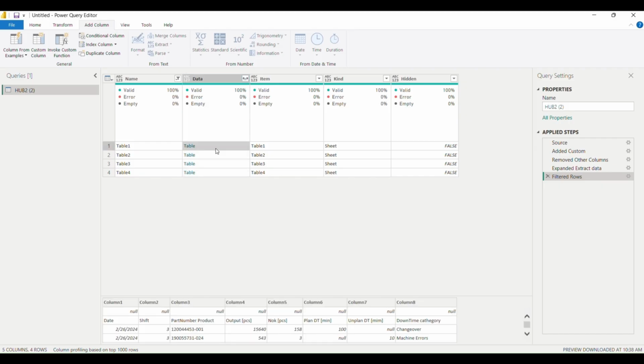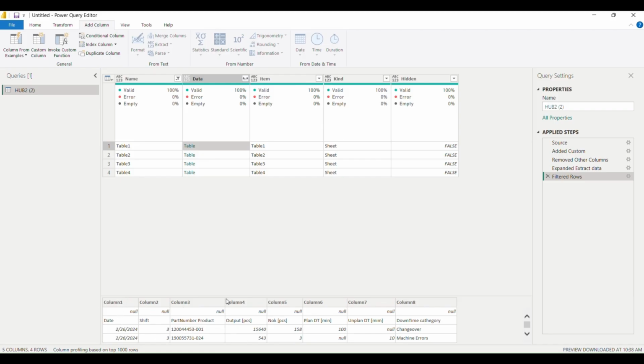If I click on the item, we can see that my data, because it's not a converted table, is just data in an Excel file. I have this issue now of the data being shifted down by 2 lines. So what we want to do is bring our table headers up to the first row.